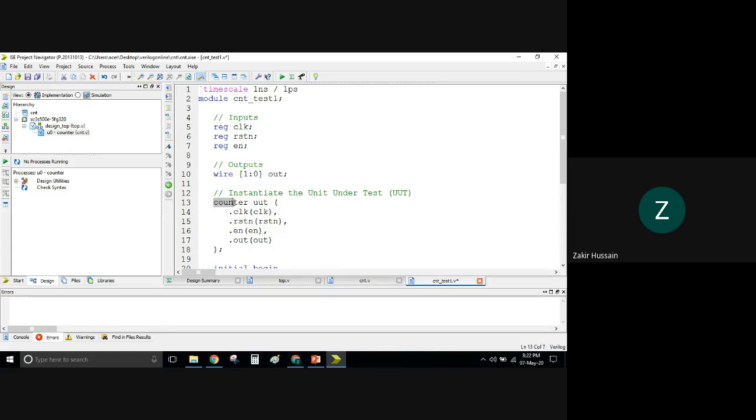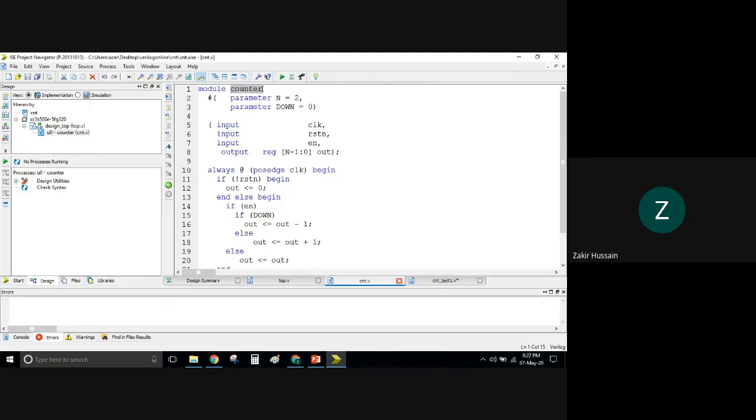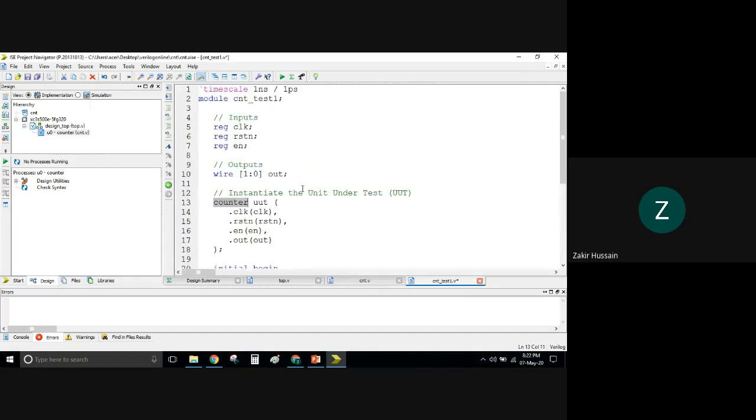Now coming to this one, counter is this design file, we have the module name. That module name we are instantiating here. And this is, you know, the instantiation name. From here, everything is port association, or port mapping, or port binding. So we have to ensure that every port is properly bound. Here you have local variables. These are local to this test1. You might have here not necessarily CLK.